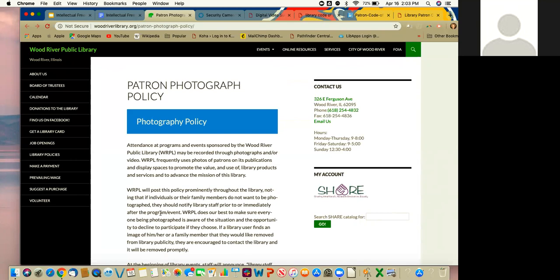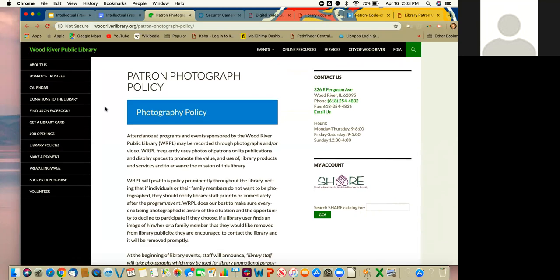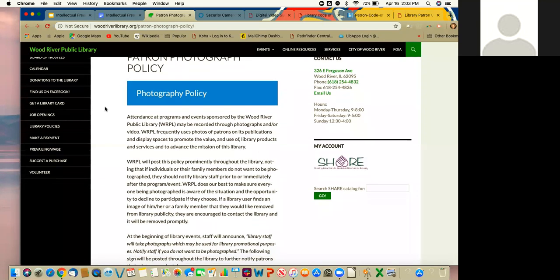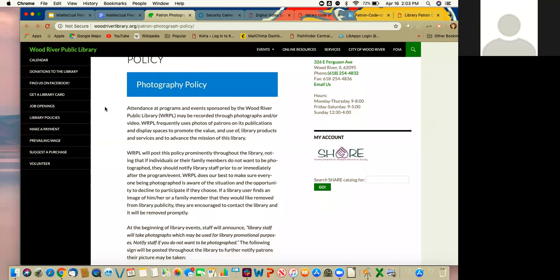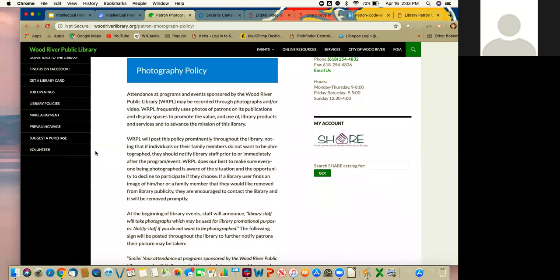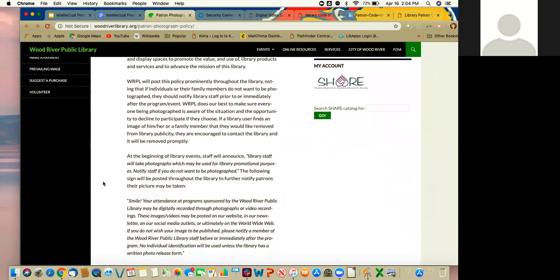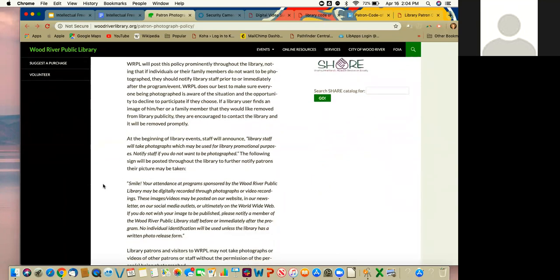And you'll see with this one, this is a really great patron photograph policy. It talks about the intent. It talks about attendance and events sponsored by the library. They're going to post prominently throughout the library, everywhere, how they're going to use and obtain these photographs. They do a really great thing. They make an announcement about photos being taken and notifying the staff if you don't want to be photographed. I think that's great,